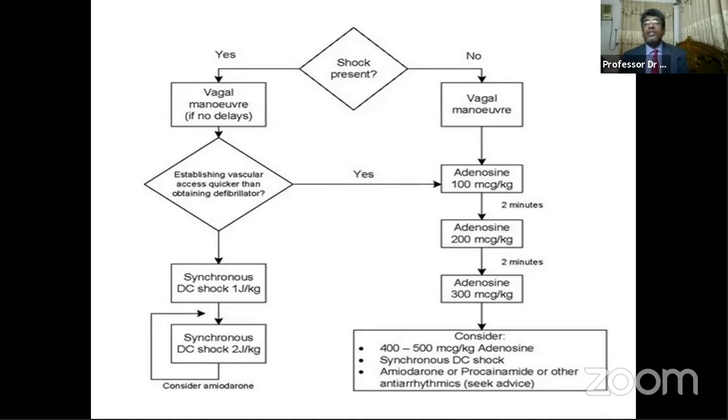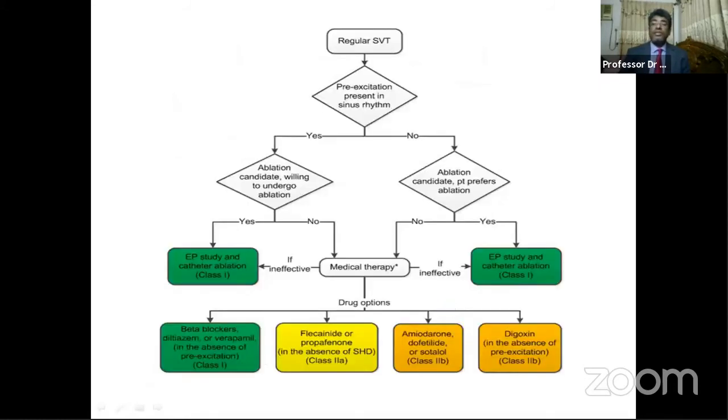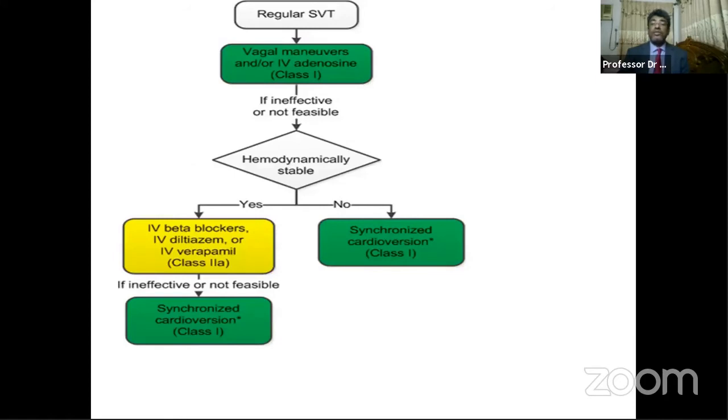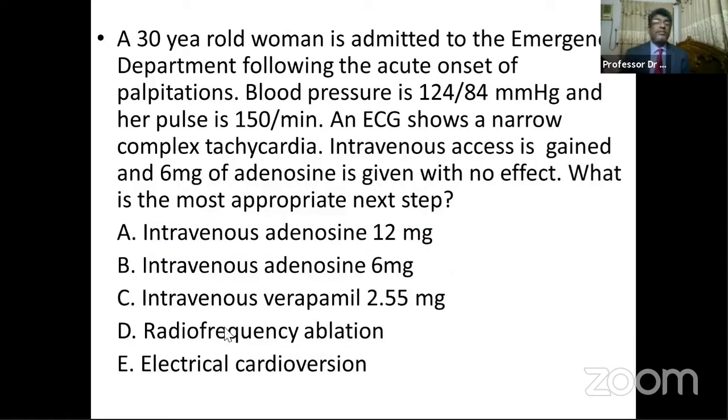If adenosine is not effective after 2 minutes, the dose should be doubled, and if it is still not effective, the dose is increased further. So the dose should be doubled if the first dose has failed. So this should be the answer here, intravenous adenosine, as